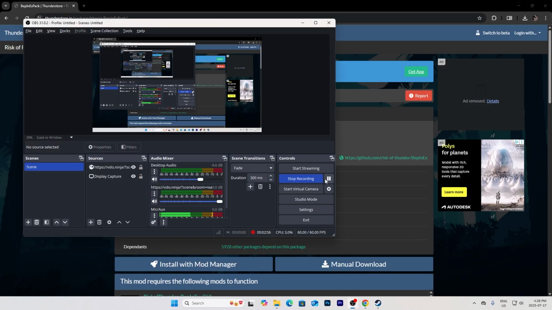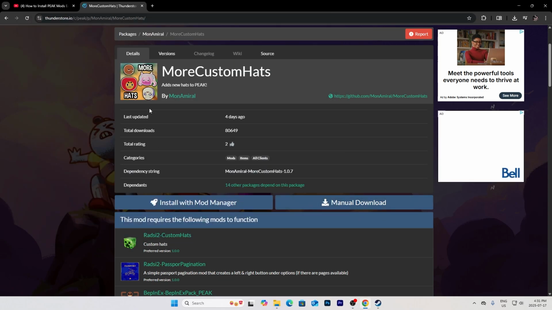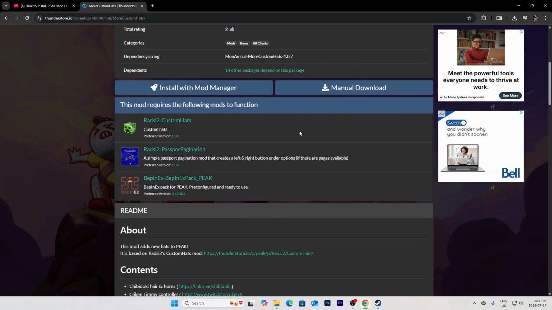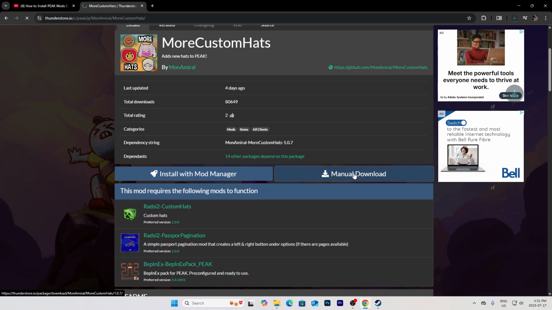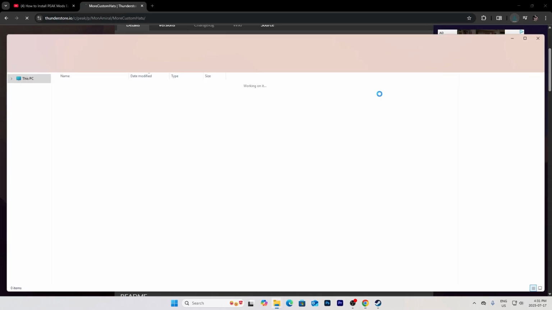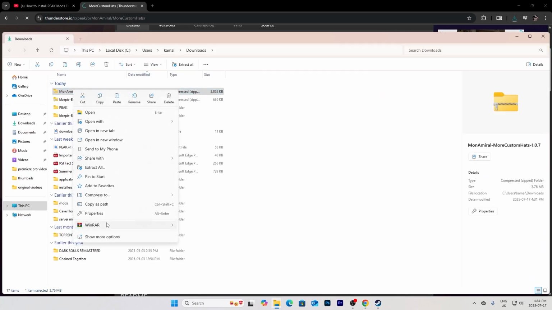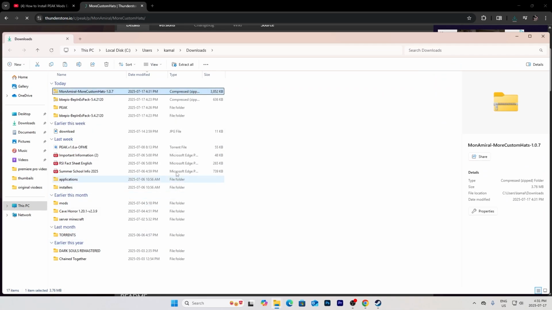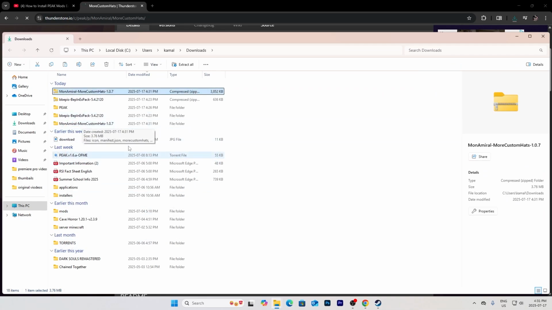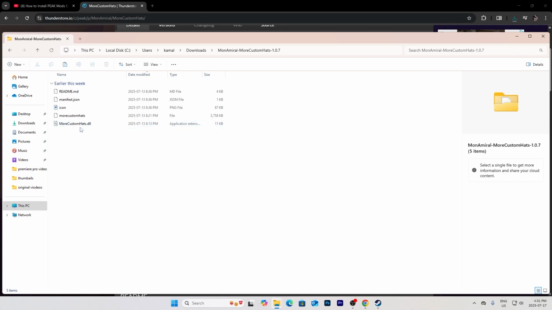I'll show you guys. So here's the mod I want to install: more custom hats. It just adds more hats to the game. I'm gonna press manual download, file, extract this. Boom, it's extracted. And what you want to do,